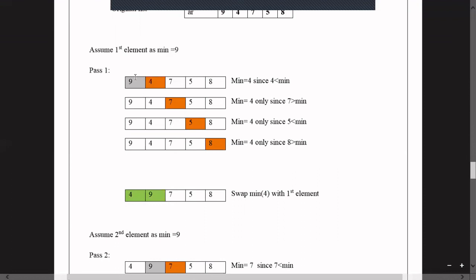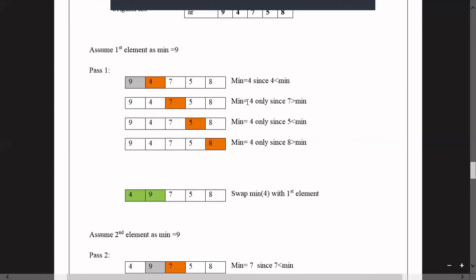Then you compare it with all other elements. First we are comparing 9 with 4. Here 4 is the minimum when comparing with 9. Then instead of 9, we are considering the minimum element here as 4. Now the minimum element is 4, and we are comparing with the other element 7. Here the minimum element is 4 only, because when you compare the minimum element with 7, 4 is the minimum.